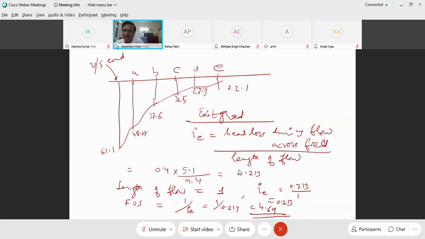I have given you one typical numerical, and this will help you in solving the next tutorial, which I have already circulated. I will stop here now, but tell me what time I should take the extra class tomorrow, because I want to finish this chapter. Tomorrow I will discuss the filter design. Please, one of you can tell me the time.